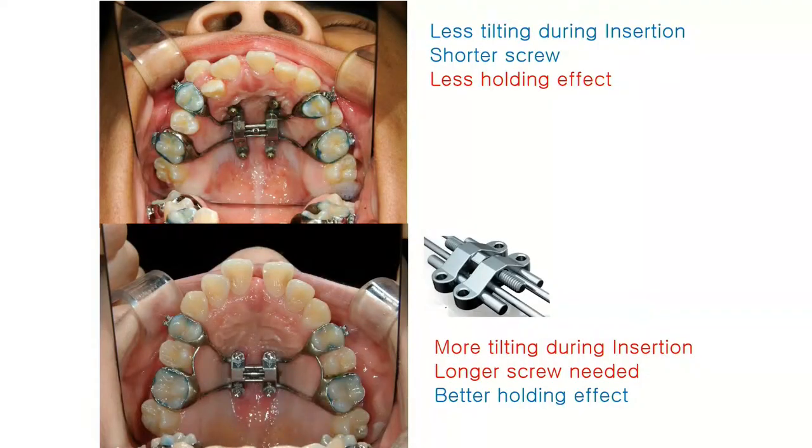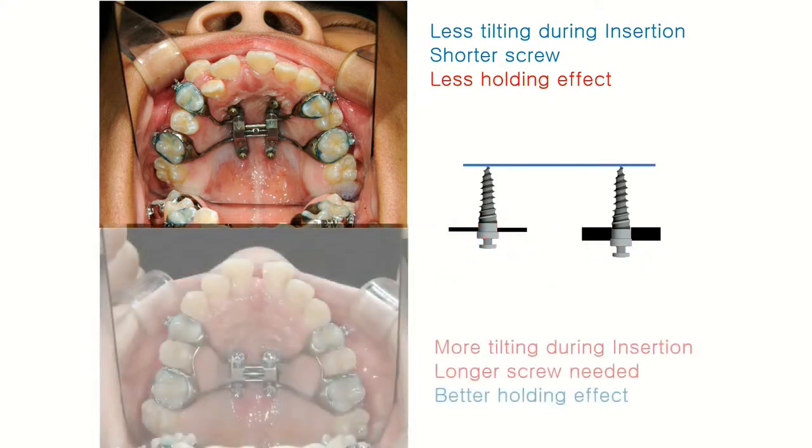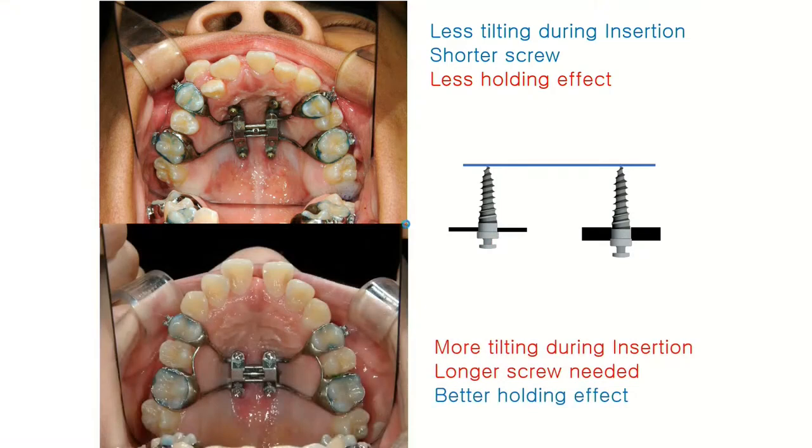And this is very thin, this is very thick, so there is one thin and one thicker one. The difference is that there is more tilting during insertion here and a longer screw, but the thicker one is much easier to